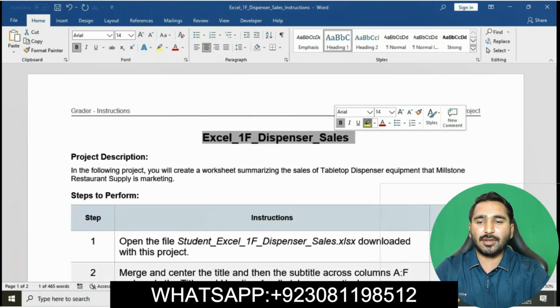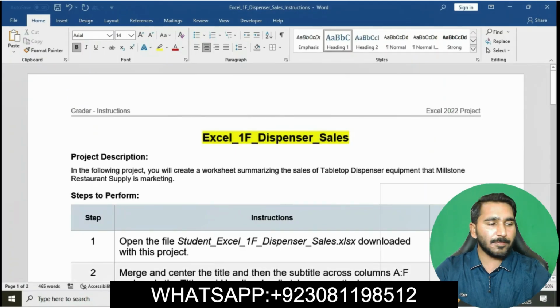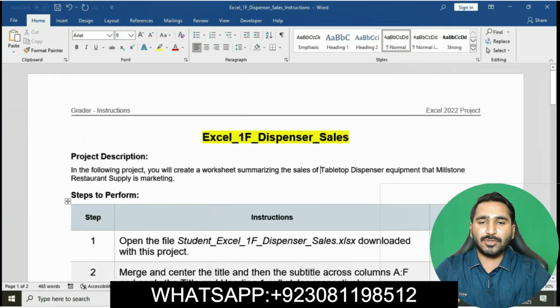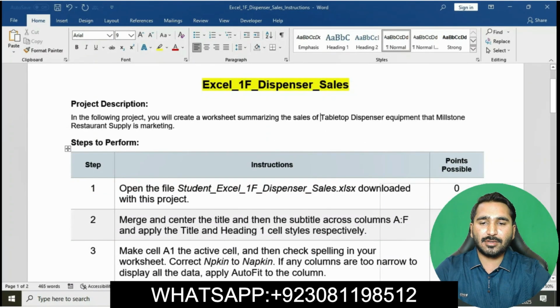Let's start our assignment and solve it step by step. Title of the assignment: Excel 1F dispenser sales. You can see your project description to get an idea about your project. Now question number 1 is that